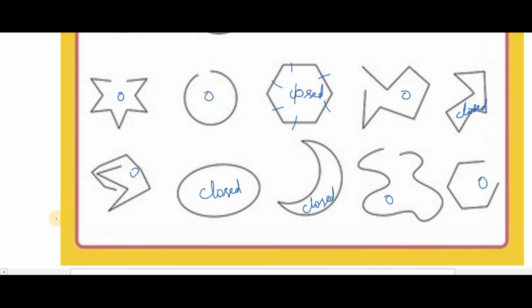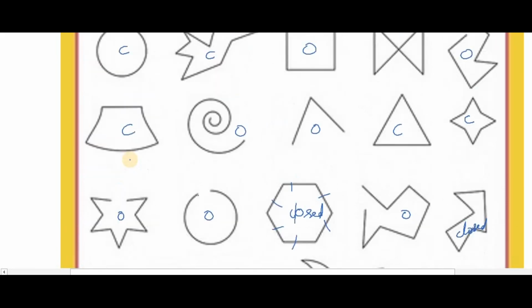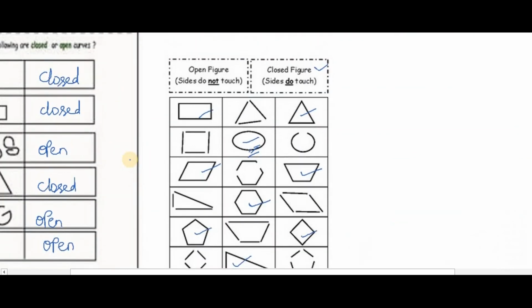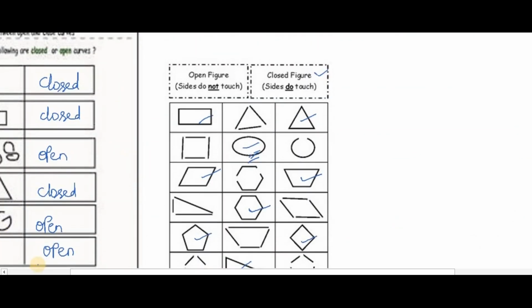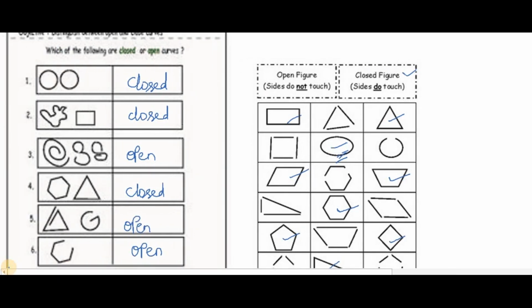Don't forget that, students. Today's homework will be: in your surroundings, what are the closed shapes and what are the open shapes. You should see only in your surroundings, you should not go more than that. Try to write down what closed shapes you observed and what open shapes, open curves, you observed. Just observe and try to write to me in the comment section.